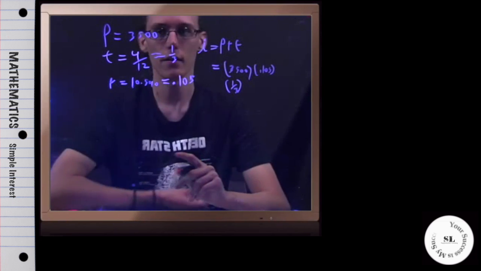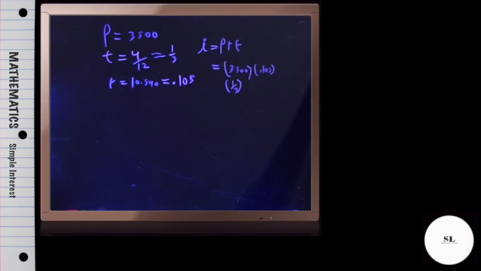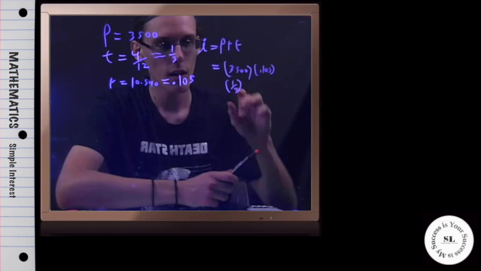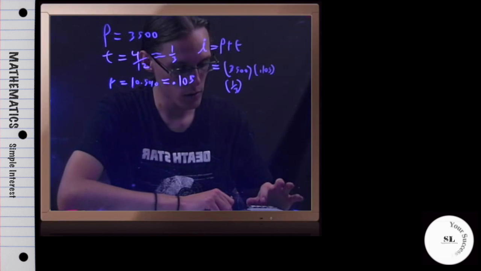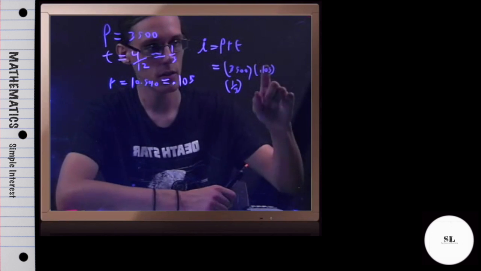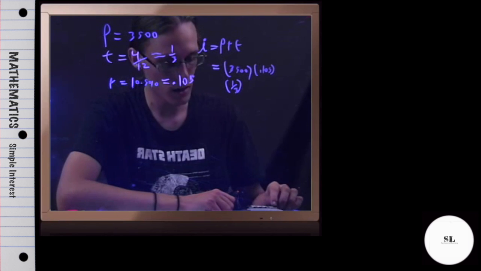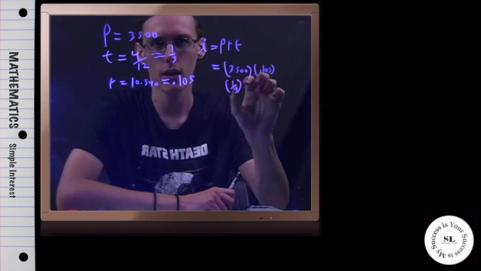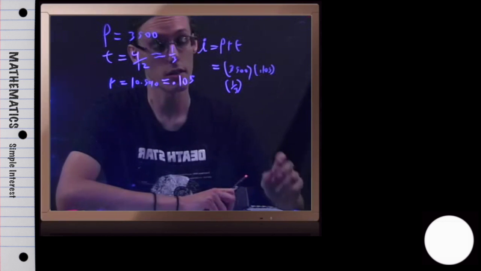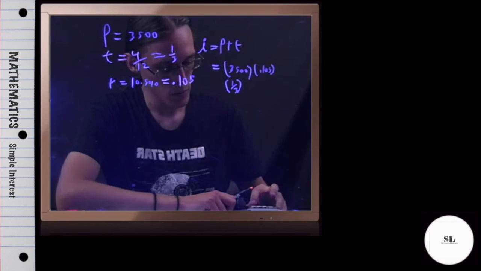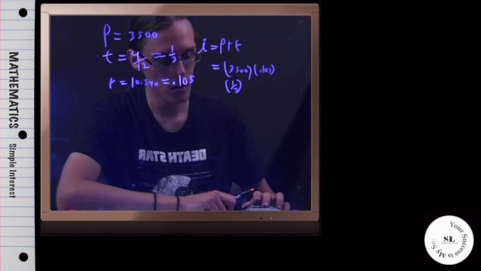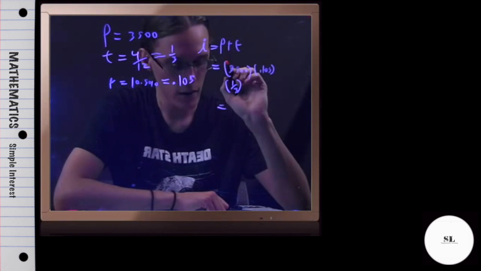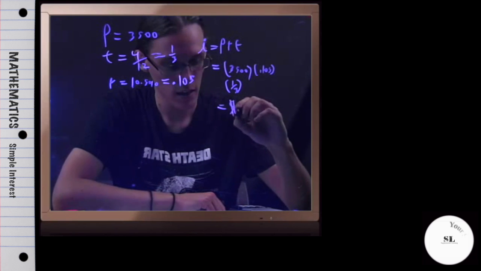Now let me grab my calculator. So, if we put this in, this is going to be 3,500 times 0.105 times 1/3. Now, whenever I use fractions in a calculator, I'm a bit paranoid and I always put parentheses. So, open parentheses, 1 divided by 3, close parentheses. I'll hit enter. And we get that the amount of interest the student will have to pay is